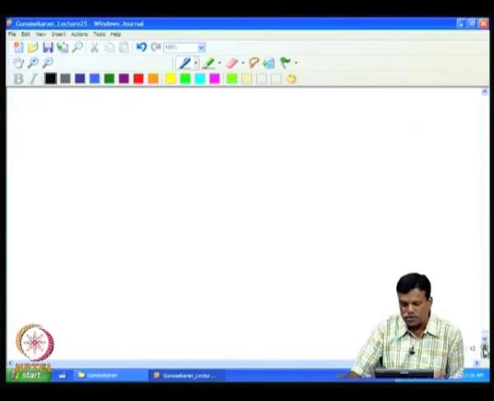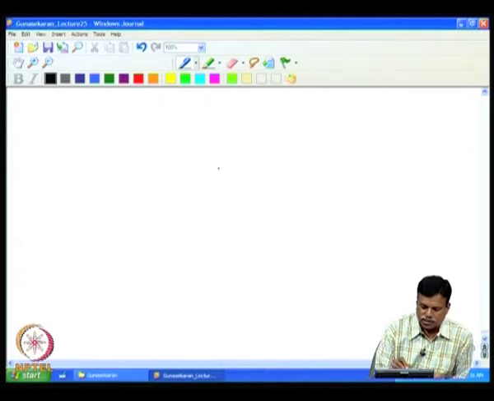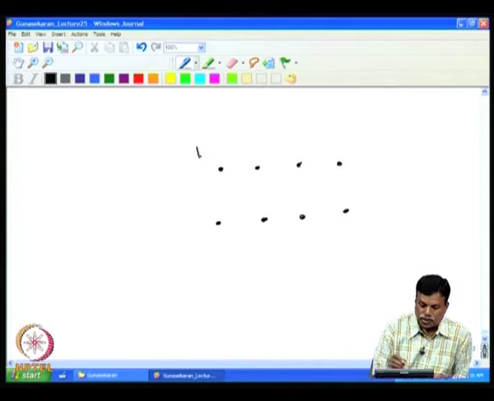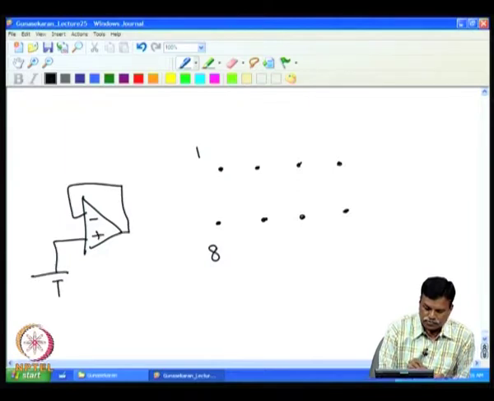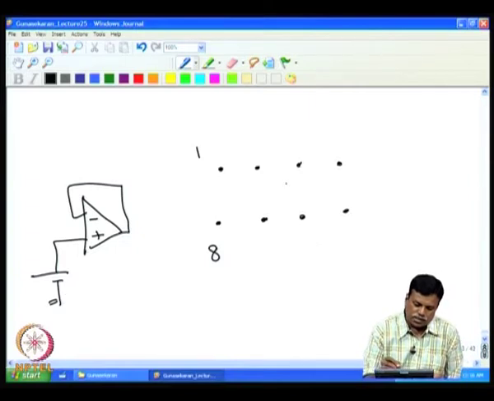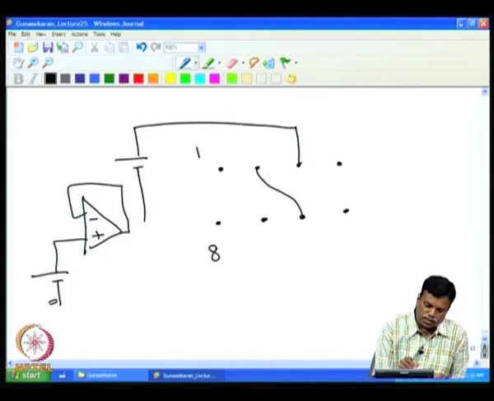So, the circuit looks like this. We will take, for example, both the layout part and the circuit part. See, what is done is we have this 8 pin IC. Now, that is pin number 1, that is pin number 8. What we want is this. The circuit configuration will be the same. So, 1 and then this is 6. So, 1 and 6 I join, then 3 is the input. So, I take 3, apply the input,